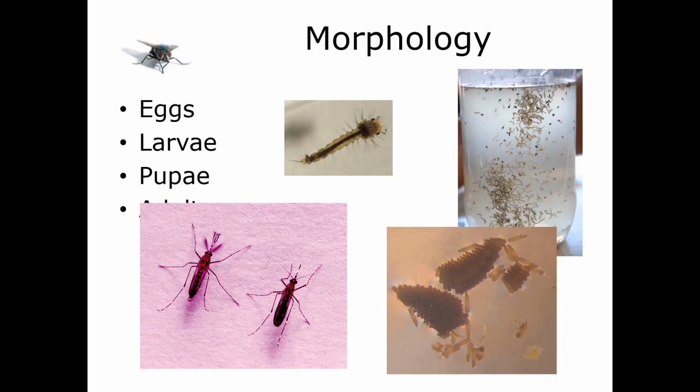The eggs of most mosquitoes are elongate, and they're either ovoid or spindle shaped. So they're pretty straightforward. They look like eggs. Now the outermost layer or shell of the egg usually has some sort of intricate surface patterning. So these are what the eggs look like right here. And if you look at them underneath the microscope, they will have these crazy patterns on that chorion, on that outside shell of the egg. And these patterns can actually help you diagnose a species or tell the species from the egg stage, which is amazing. It is really hard to tell species from eggs in most insects, but in mosquitoes, it is possible.